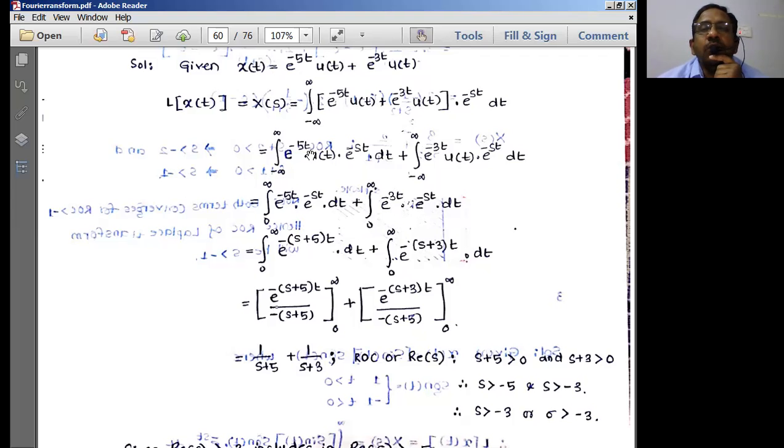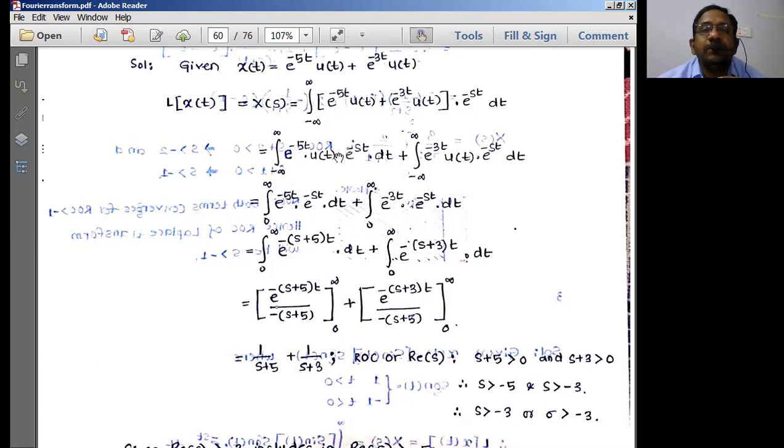And after this, what is u of t? u of t is a unit step signal, which has a value of 1 over the limits 0 to infinity. Means what? A double-sided signal is simply converted into a single-sided signal. Double-sided means what? Minus infinity to plus infinity is a double-sided signal. Why? Because it can be split into two: minus infinity to 0, and 0 to plus infinity. Now this we have made into 0 to infinity. Because of u of t, that particular double-sided signal is simply converted into a single-sided signal. So please understand this concept, how we have written this step.